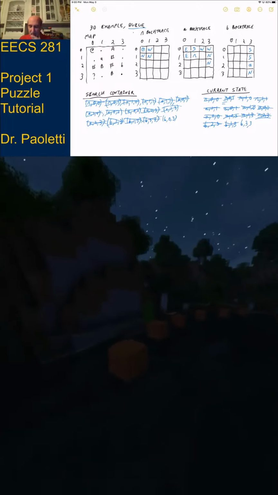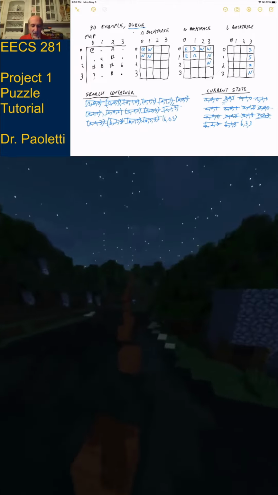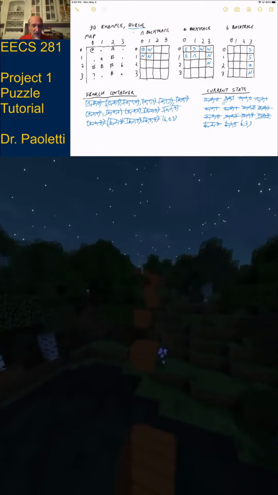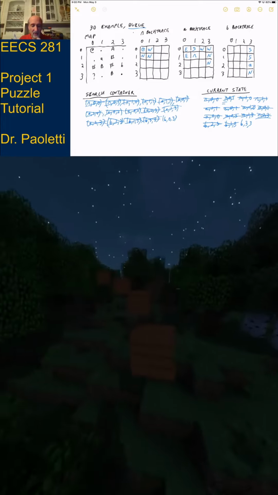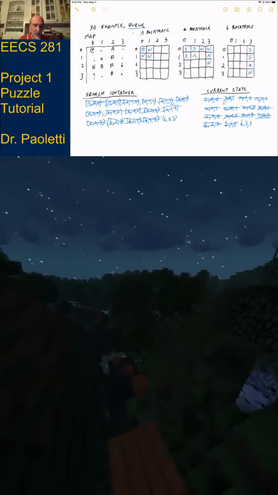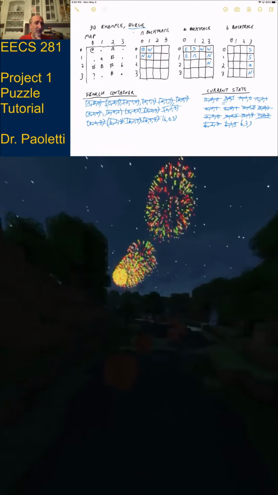All right, that's our current location. We pop it from the search container and we investigate B33. Am I standing on a button? No. Okay, so I do northeast, southwest stuff. Does north of me exist? Yes. Have I ever been there? Yes. Okay, done with north. East of me doesn't exist. South of me doesn't exist.